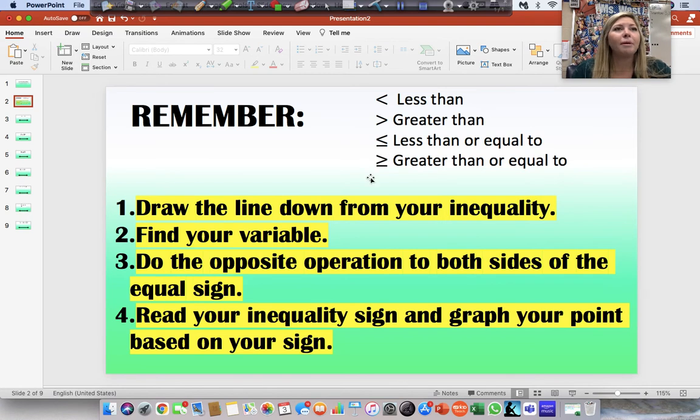Okay, and do remember that I said we read these signs from left to right, just like we read in English. We read in English from left to right. Other countries and other languages read differently. We read from left to right. So we are reading these signs the same way. Notice if we are reading on the left side,